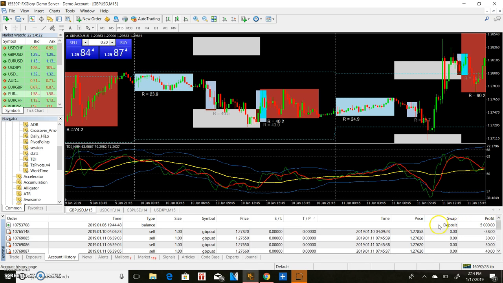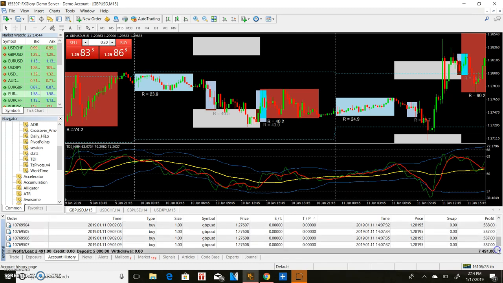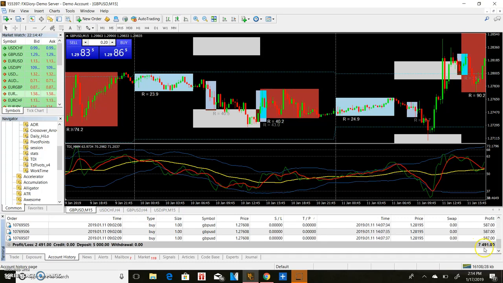But like I said, when I first opened up the demo, it was at $5,000, right? So I started trading. I lost this first one. I lost $38. But then, as you can see over here, I won $30, and then the profits start getting serious. Oh wait, let me come down. Then 140, 140, 140. Then I won 588, 587, 587, 587. Now the account is at 7,491, y'all. So this is demo, but you know, I'm gonna trade some real live stuff for y'all and let y'all see. But I made $2,000 as y'all can see right there. But other than that, that's the